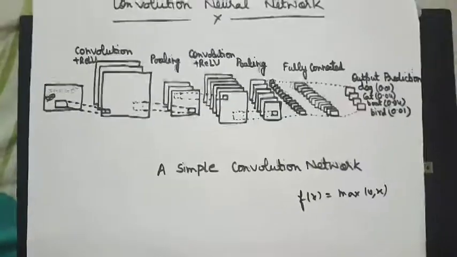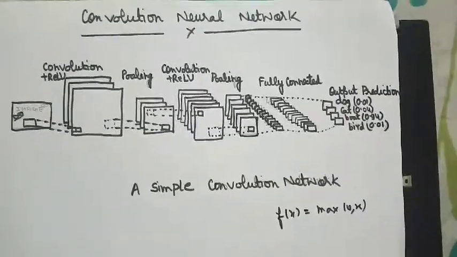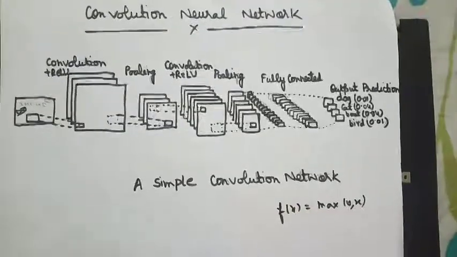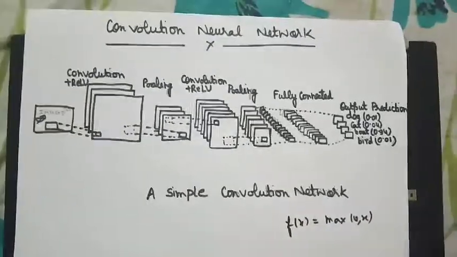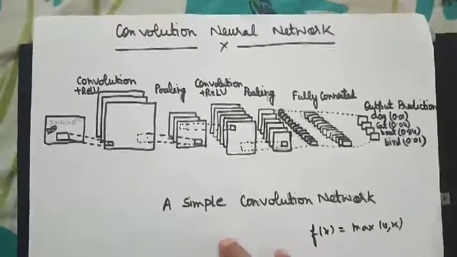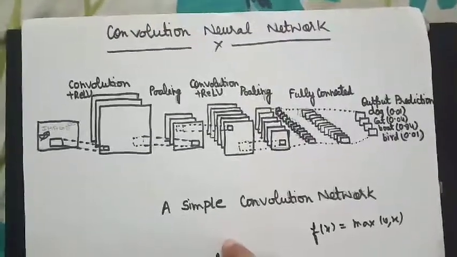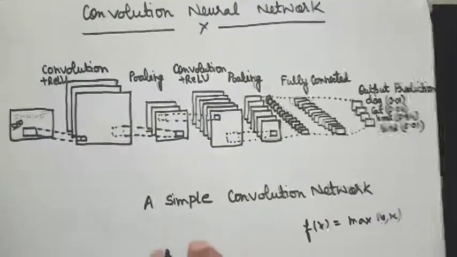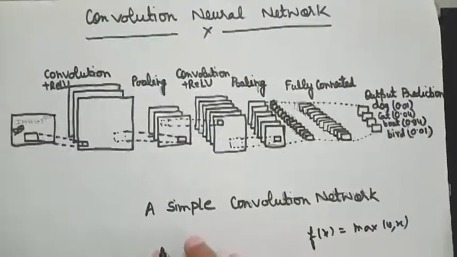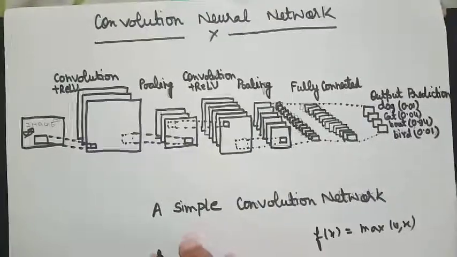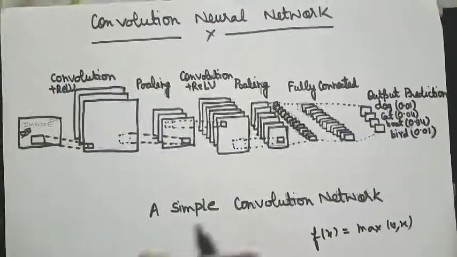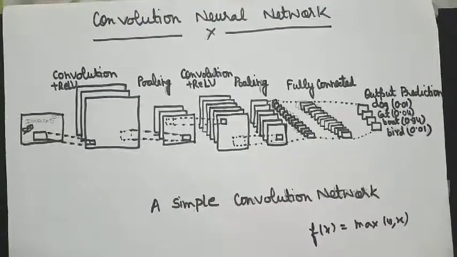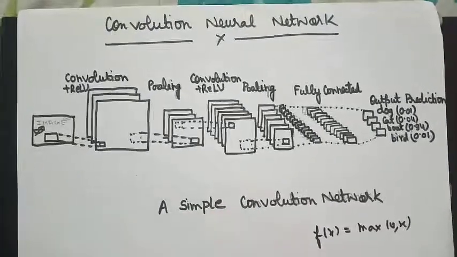That means it works on a per pixel basis of the image and replaces negative pixel values in the feature map by 0. The purpose of this operation is simply to introduce non-linearity into our convolutional network, as the convolution operation is a linear operation. That means we multiply the matrices element by element and then perform the addition.